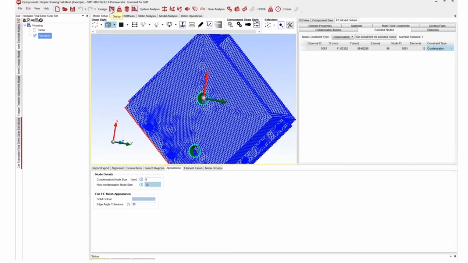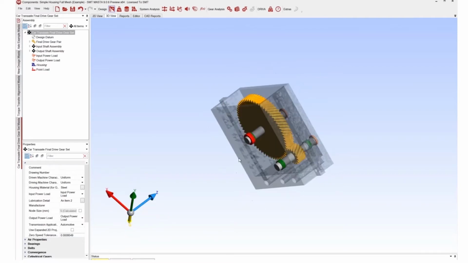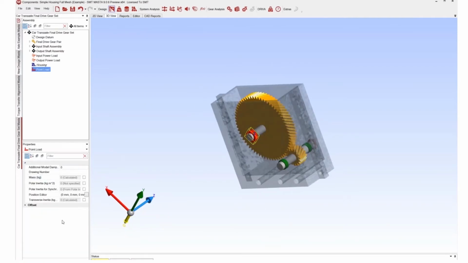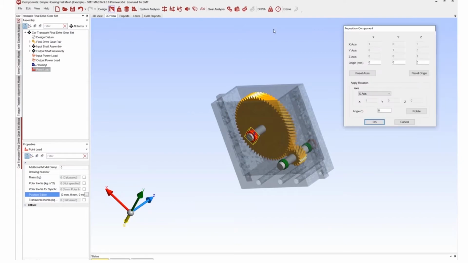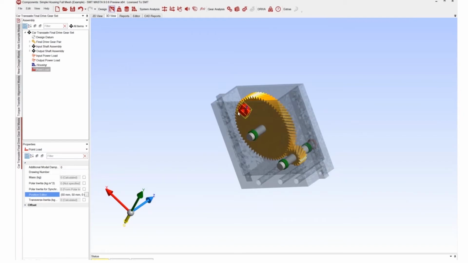The second approach is to add a point load. So you could grab a small surface in your FE program, and from there create a node, and then that would also be in MASTA again, or we can use MASTA to create the node as well. So if we just reposition this point load to be somewhere suitable. So for example, up the top here,